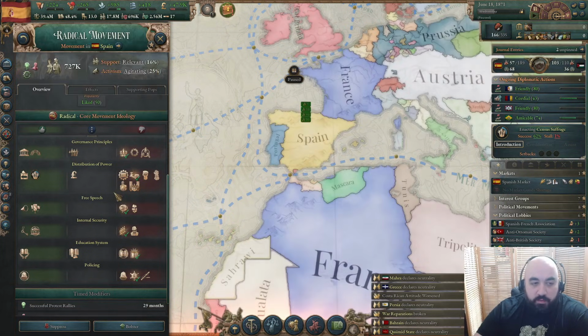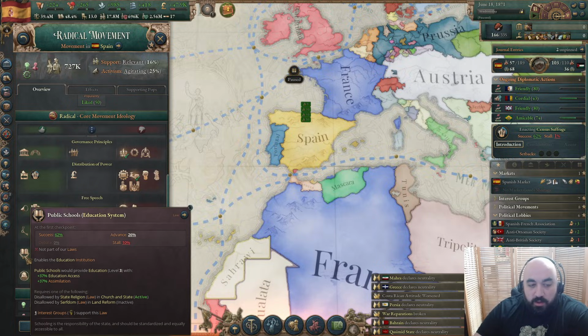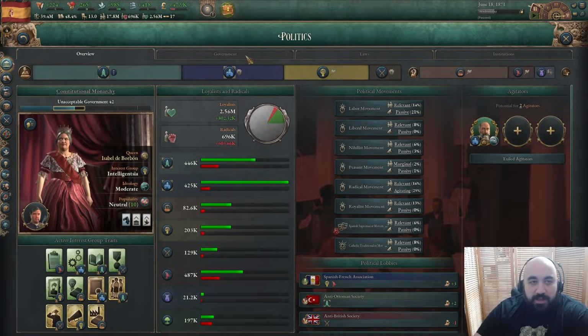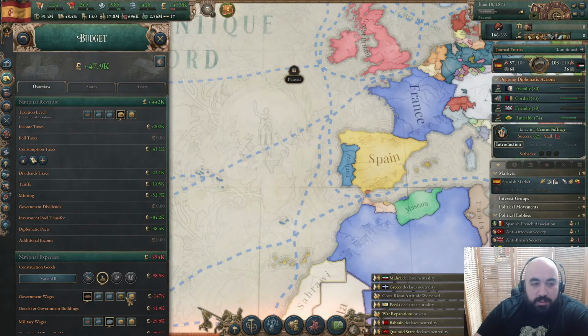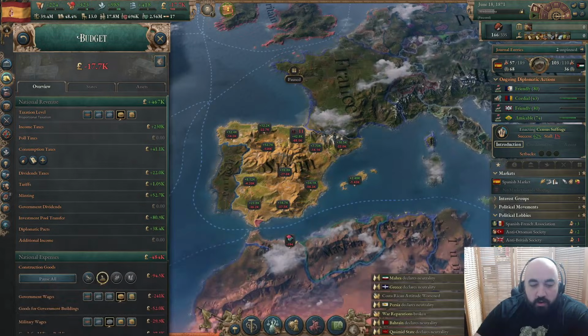There's actually an achievement for Spain, Bourbon for everyone, getting SOL to 20, and I think even though we've gotten this achievement before, we're going to play for it. The only other thing that we also want to pass on here is public schools, so we don't necessarily need that much more help from this group. So why don't we instead temporarily put this up,